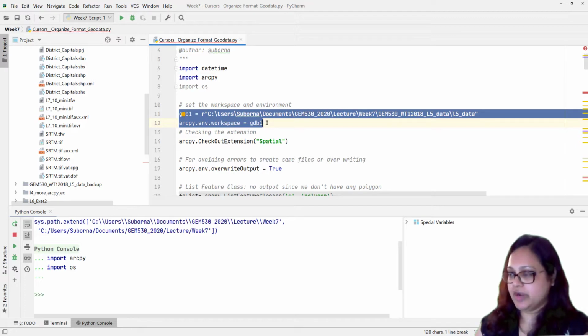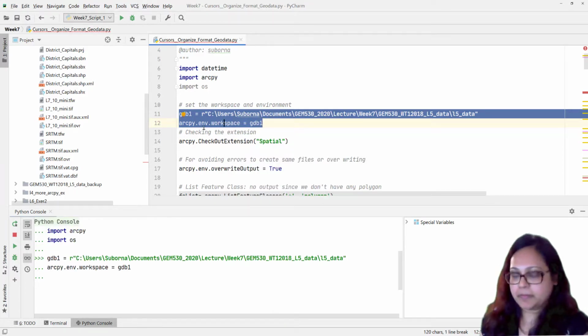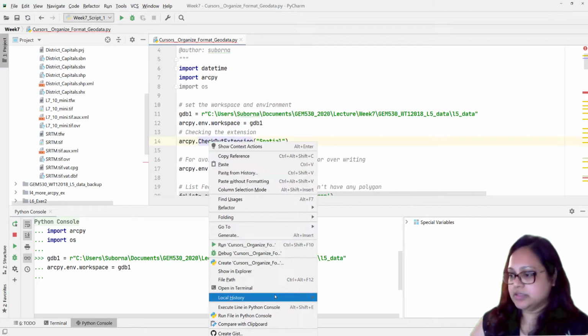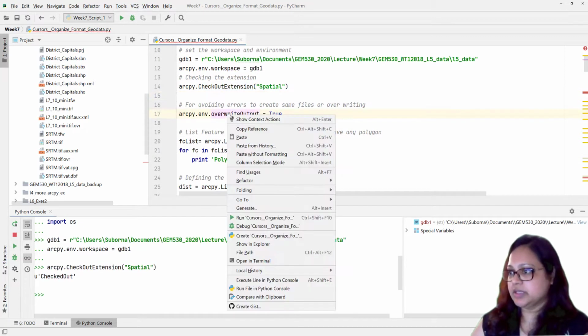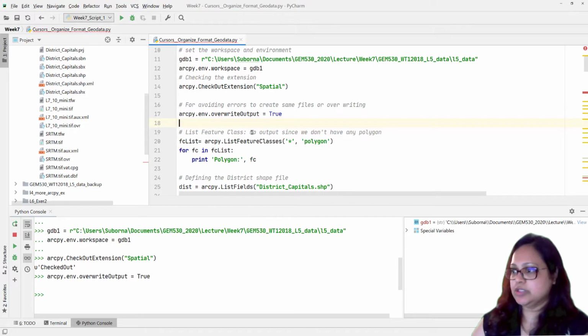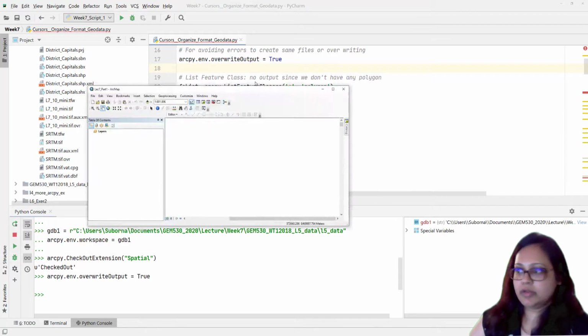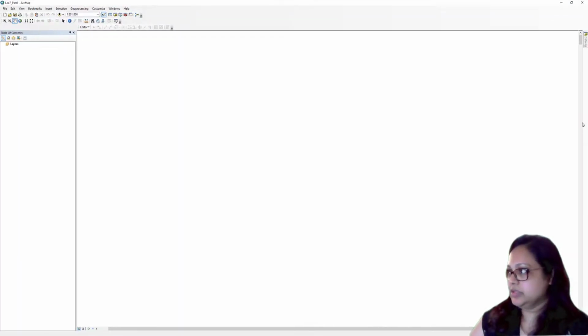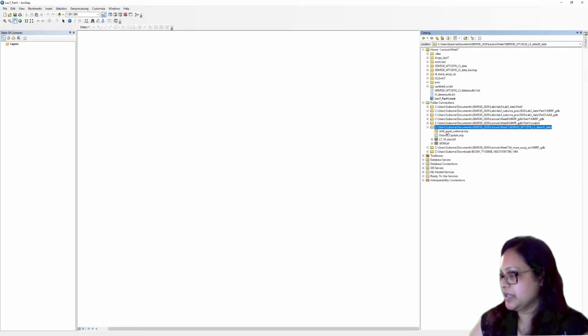Also, that's our environment where we are working. That means the data is located in here. Okay, and then we already have to call in the license, and to avoid overwriting, we need to run this code. So I open my ArcMap. On the ArcMap, you can see that I located my data. I connected the data file where I kept it, and then you can see we only have roads and